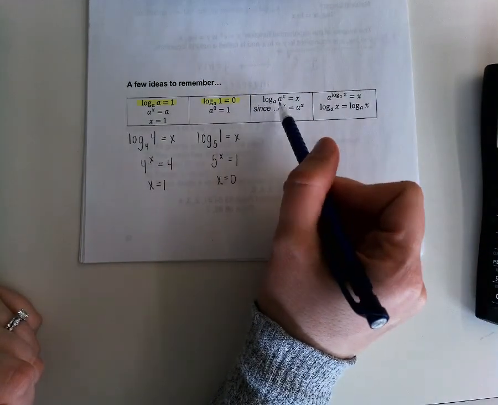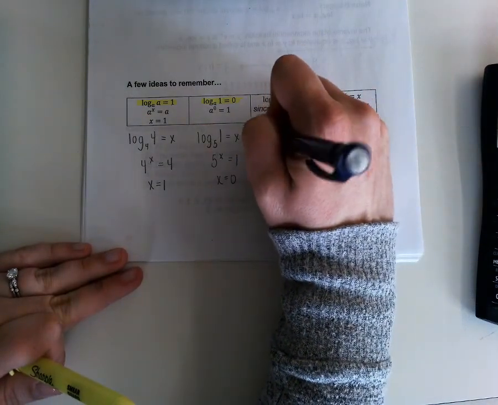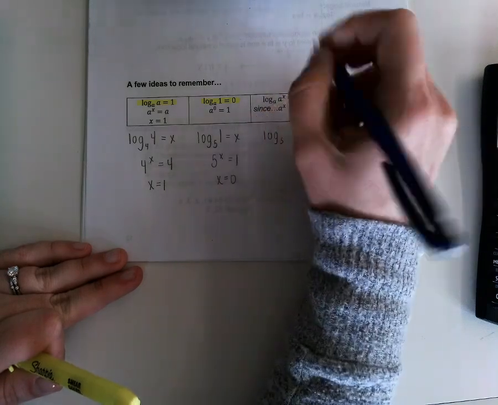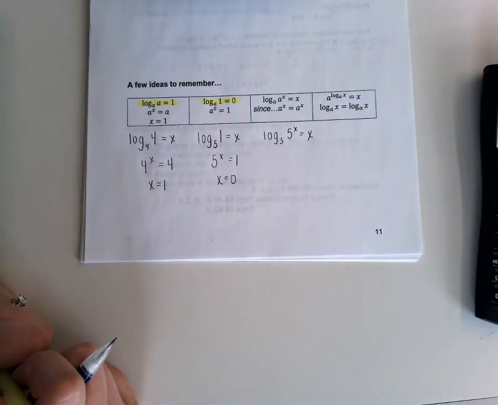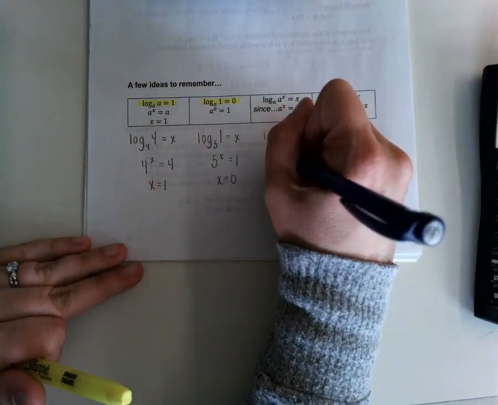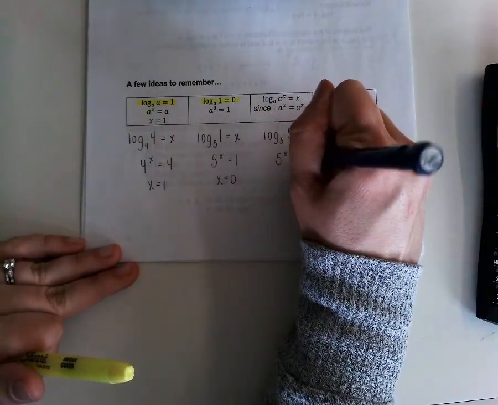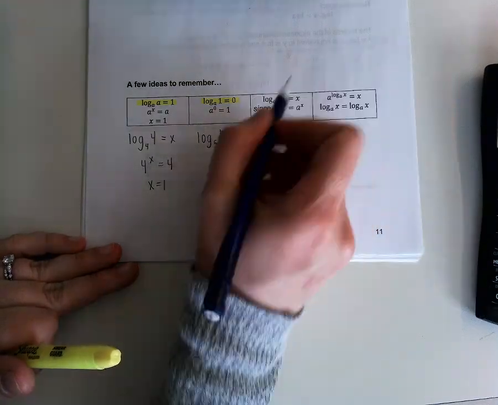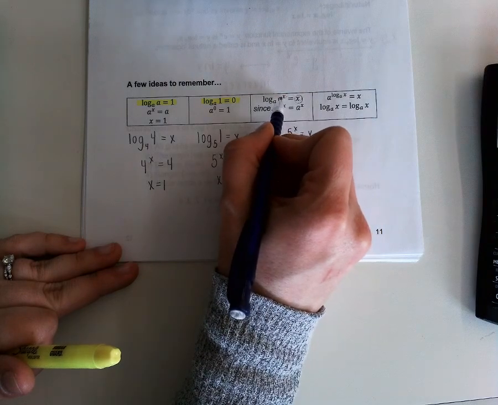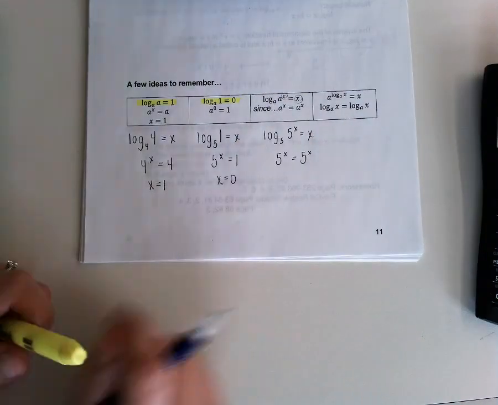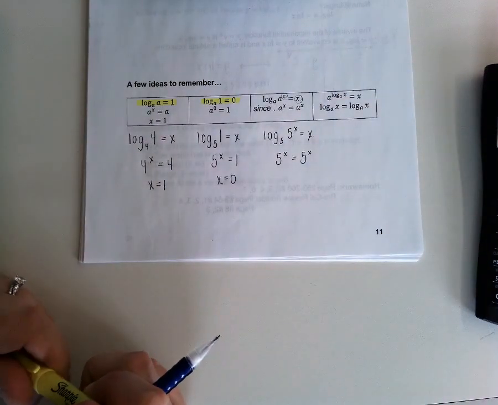Here, log base a of a to the x will always just be equal to x. So an example of that would be log base 5 of 5 to the x equals x. I should use a different variable, but basically what this means is that log base a of a to the x would just be equal to the exponent over here. And here, if you have a to the power of log base a of x equals x,